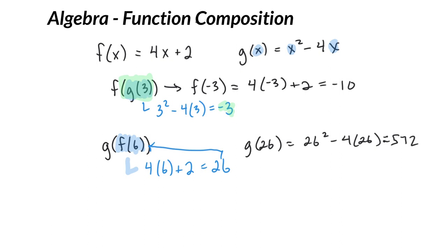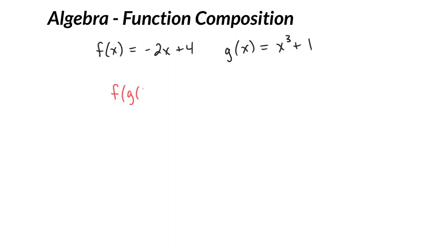Okay, let's do a little more work, and I'm going to change the functions. So I've changed f to be negative 2 times x plus 4, and g to be x to the third plus 1. So let's say we wanted to do f of g of 1. Now I want to introduce a little bit different notation here that you'll sometimes see, and that is f compose, little open circle, with g